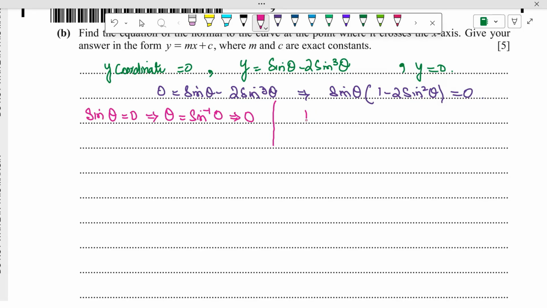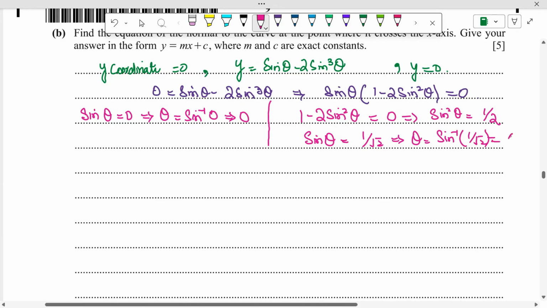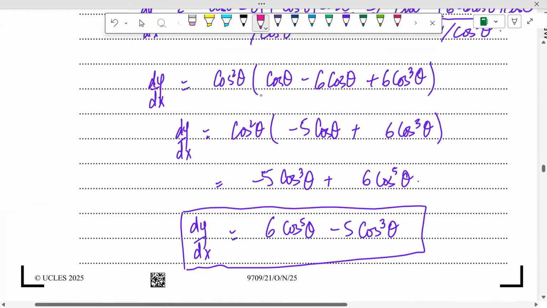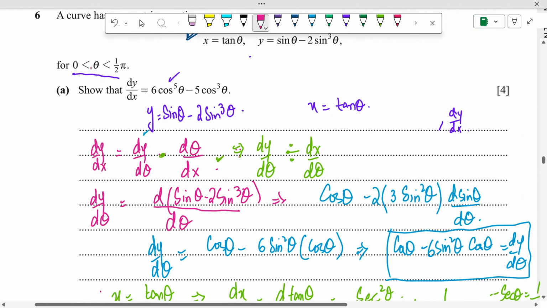On the other side, we have 1 minus 2 sine square of theta is equal to 0, and sine square of theta is equal to 1 over 2, and sine of theta is equal to 1 over under root 2, and theta is equal to sine inverse of 1 over under root 2, and this one is equal to pi by 4. This is the angle in the first quadrant, and the other angle in the second quadrant can also be calculated,